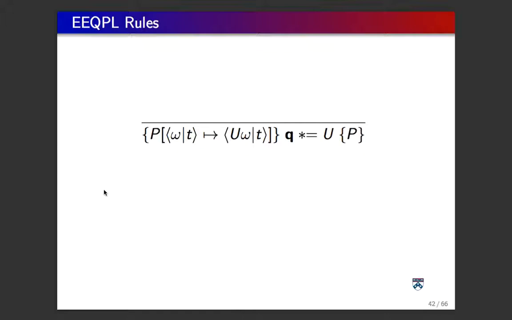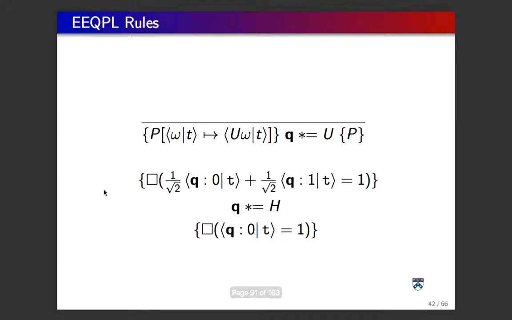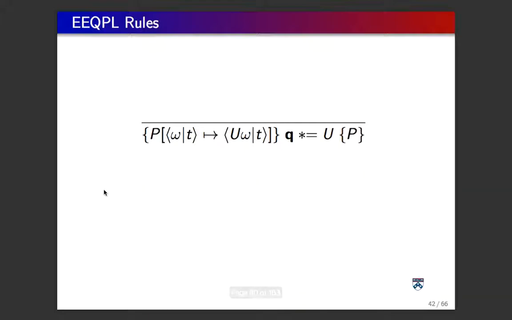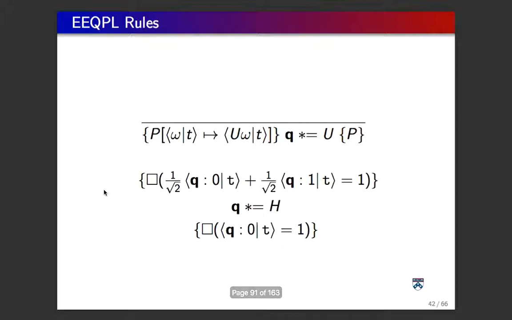The other interesting new rule here is, of course, the rule for unitaries. So this is apply a unitary to a qubit q. This can also be apply a unitary to a vector, a set of qubits q. And basically what this is saying is that we apply u to all of our quantum valuations sort of backwards. So for example, if we want to show that the amplitude of q being 0 is 1,